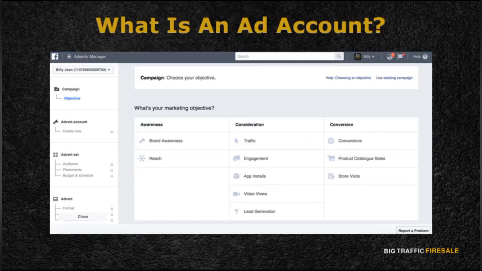What is an ad account? When you have set up your business page via Facebook, on the left-hand side of your page, you would notice a Promote button that will direct you to the Facebook ad account. When you've accessed the account, you will automatically see different campaign objectives that are already listed by Facebook, which range from awareness to conversion. The ad account functions to organize your advertisements according to your selected campaigns and their respective